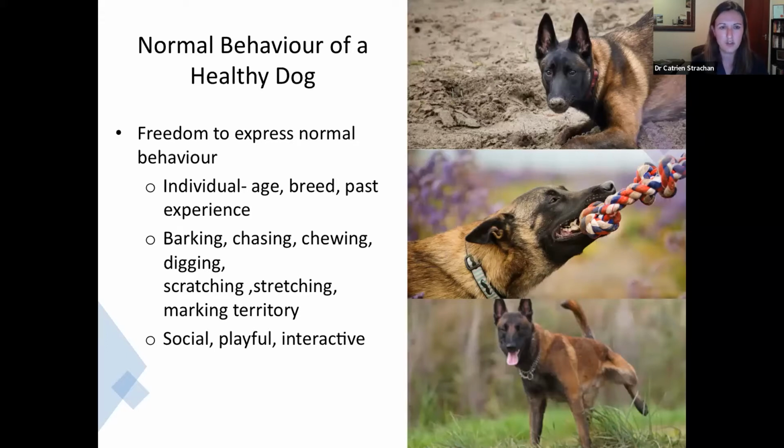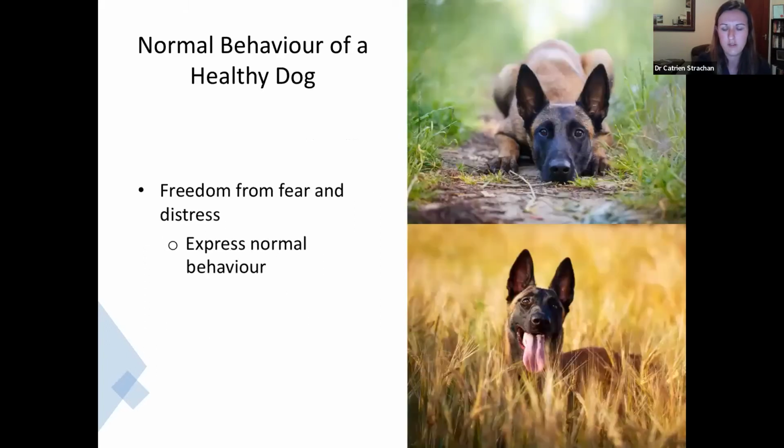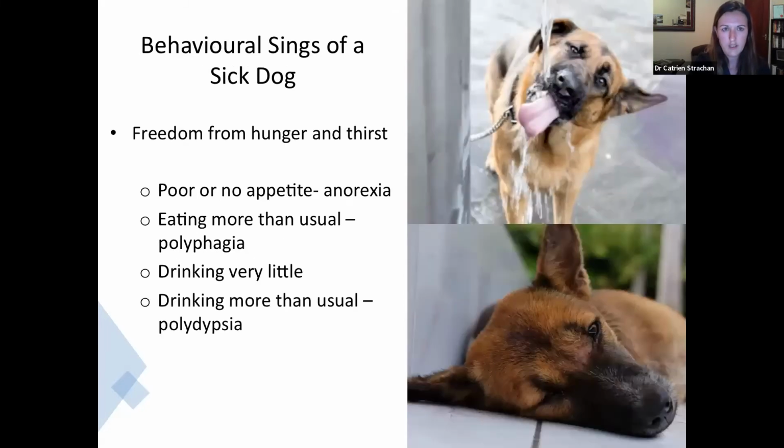In general, a dog that's behaving normally will be social and playful and interactive with other pets or with its handler. So this is pretty straightforward. A dog that's free from fear and distress will show normal behavior, so it sort of covers all those things that we've just gone through. Okay, good. Right, now we get into what an animal